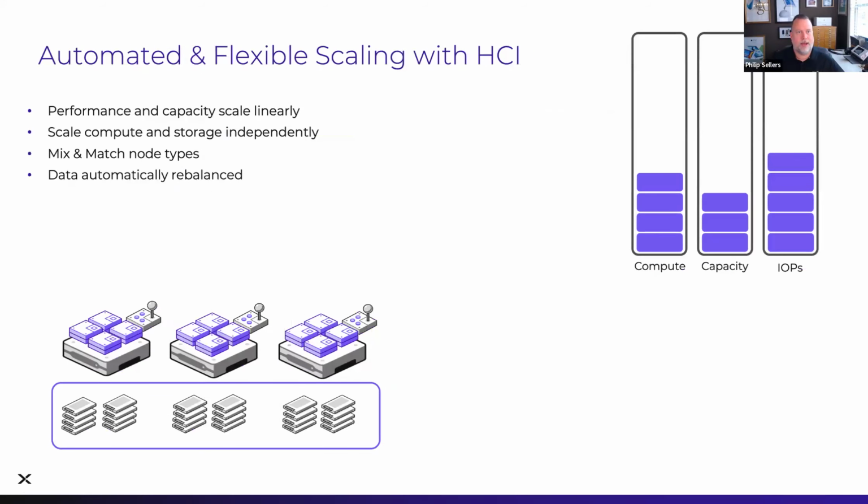So let's talk a little bit about flexible scaling. In hyperconverged, in some designs, you have to match all of your nodes. They have to be the same size, the same disk, the same configuration. It's not the case with Nutanix. You can mix and match your nodes. There are some guidelines and best practices around how you mix and match,